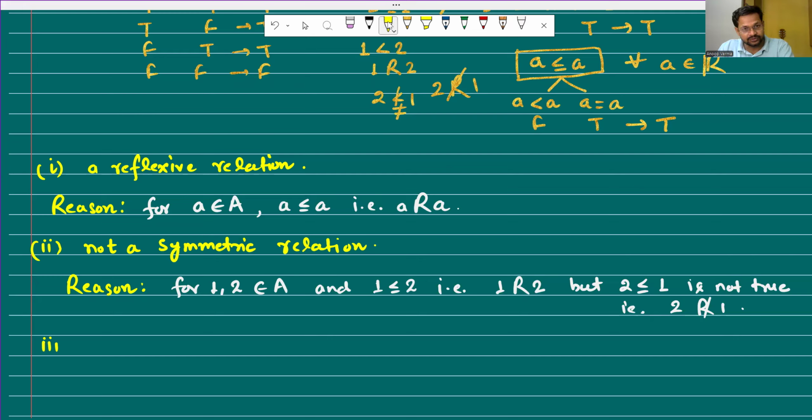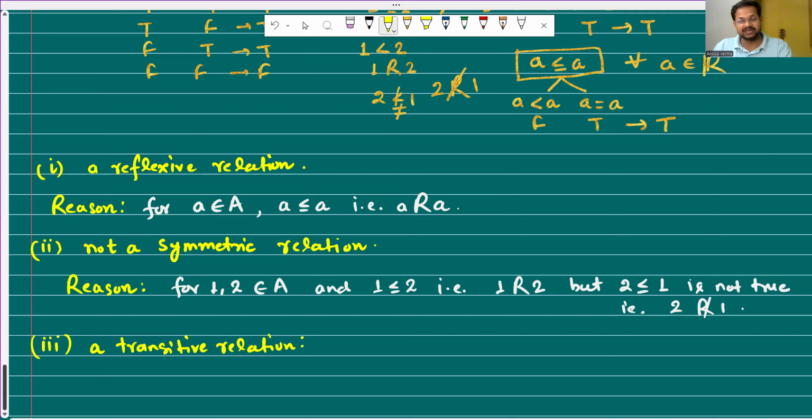नेक्स्ट बात करते हैं हम लोग ट्रांजिटिव, या is it a transitive relation, ठीक है, ट्रांजिटिव रिलेशन, क्लियर। So let's write the reason clearly, you can say A is less than or equal to B, and B is less than or equal to C, then you can easily say that A is less than or equal to C।